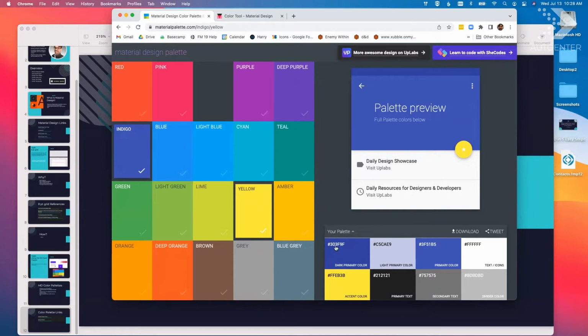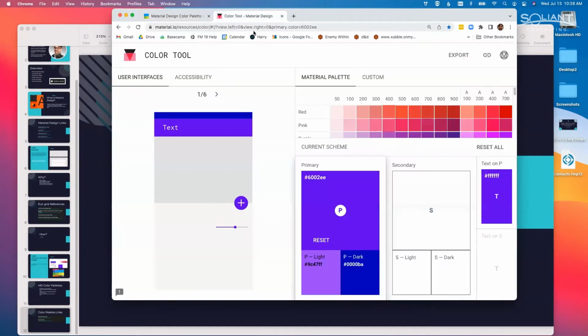And it gives you the hex codes: this dark primary color, your primary color, a light primary color, what your text and icons should be, what your primary text should be, what your accent color is. It's all just, boom, very, very simple. You have two clicks and you have a color palette and you're done. Makes it really simple. If you want a little more complexity, you can use the color tool from Material Design